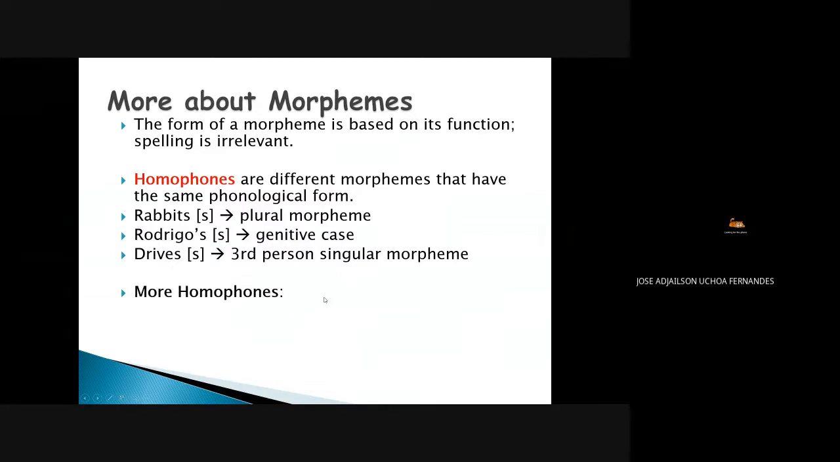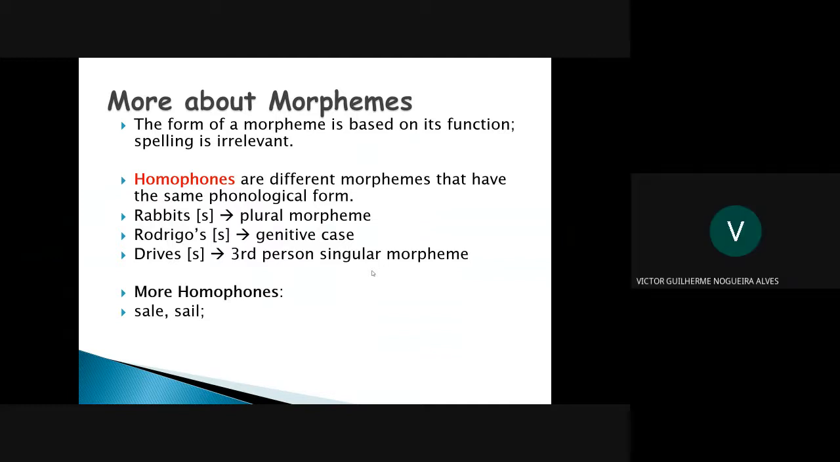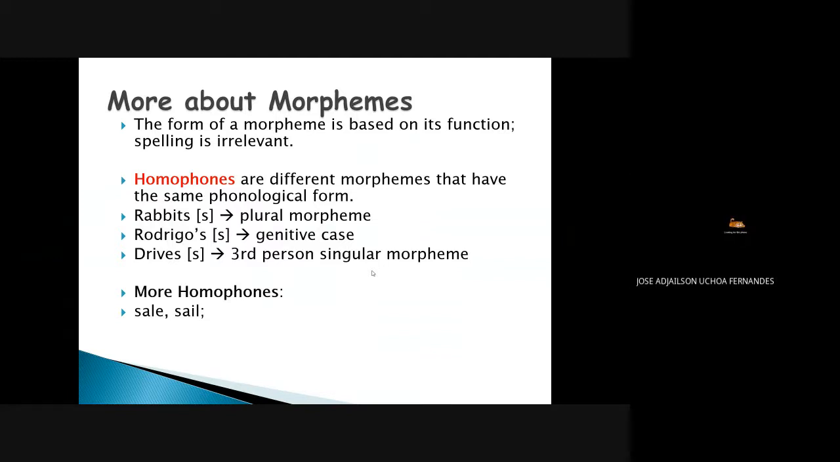So let's talk a little bit more on homophones. Take a look at sail and sail. What is the difference in pronunciation? Is there one? No. But are they the same morpheme? Do they mean the same thing? Of course not. They are what we call pronunciation pairs. They have exactly the same pronunciation, but with completely different meanings, completely different processes of